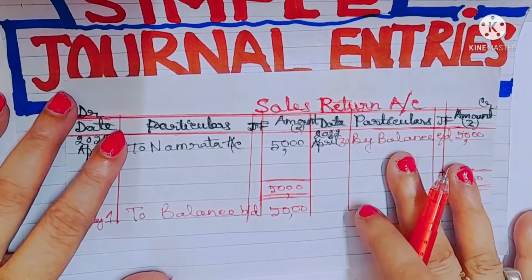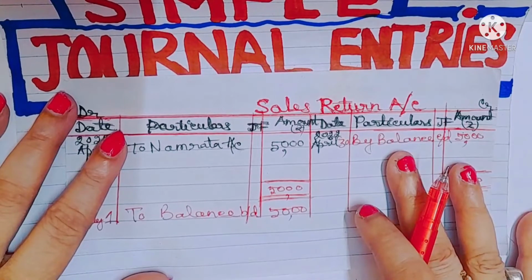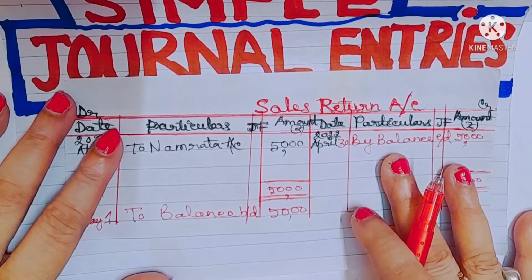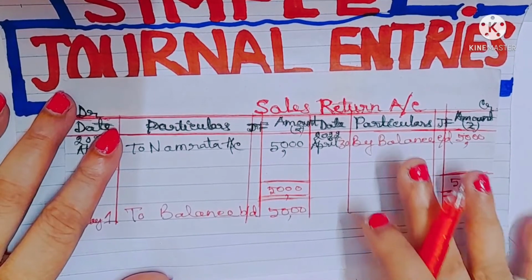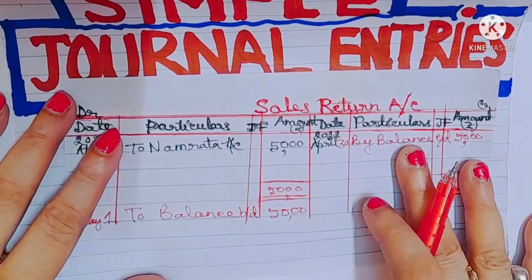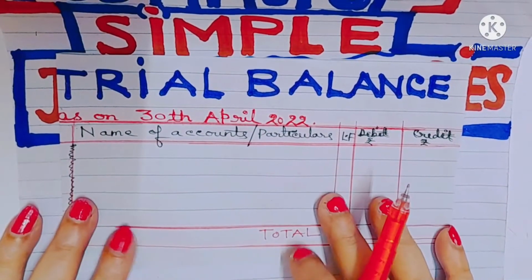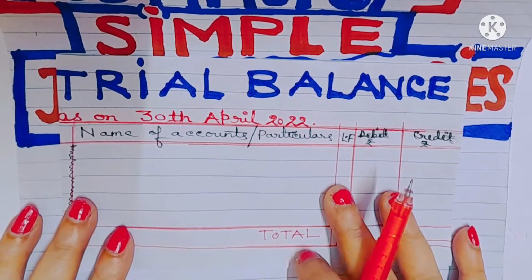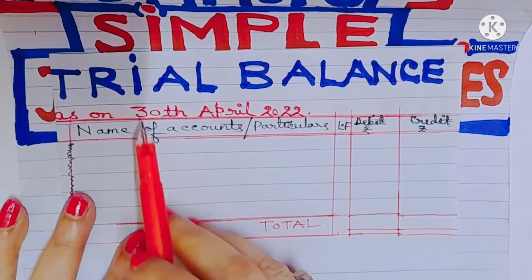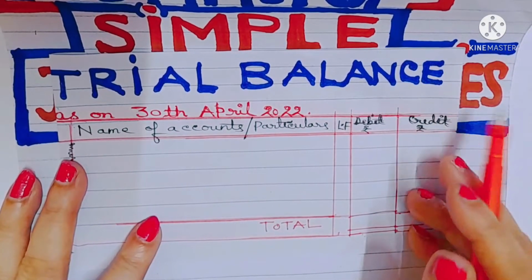How many ledger accounts have we prepared? We have prepared 5 ledger accounts. So with the help of these 5 ledger account balances, let's prepare the trial balance. Now what is a trial balance? A trial balance is a statement, and a trial balance is not an account. Understood? That is the reason we haven't written Dr on the left hand side or Cr on the right hand